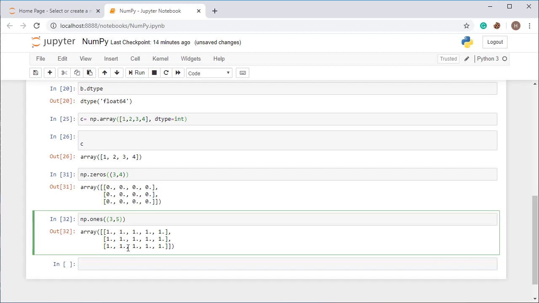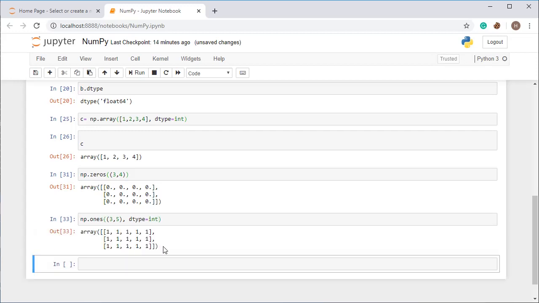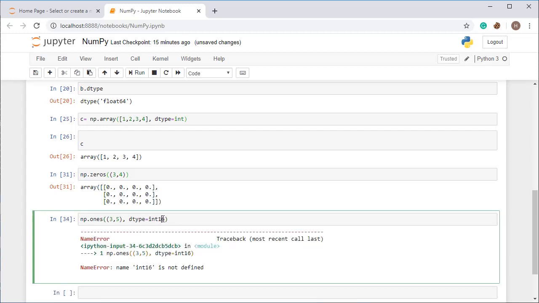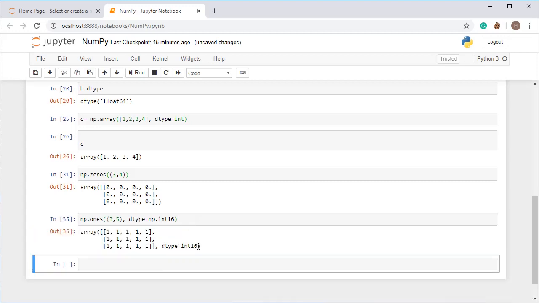You can also put the dtype here, dtype is equal to int, otherwise it will always convert it into a float one. Alright, so this one has been converted into integer. You can also provide np.int16, sorry, I made a mistake, and then you will not get any error. It has converted all these things into int16.